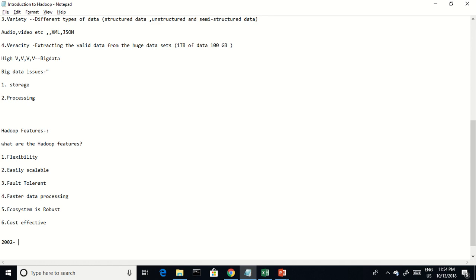So why were they developing a search engine of the same kind? Because the Google search engine is a commercial one. If any company wants to customize their search engine, they need to pay Google if they are using Google's code. But Doug Cutting and Mike Cafarella wanted to develop an open source search engine, not Google's search engine.